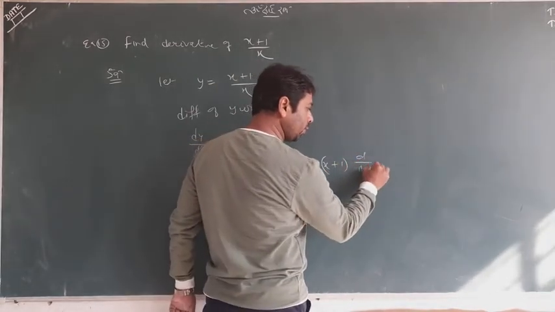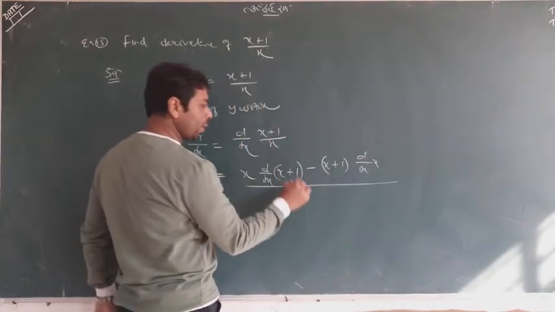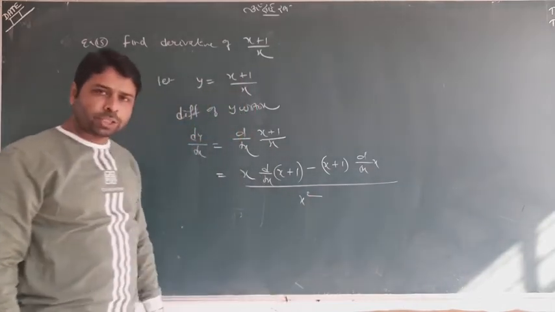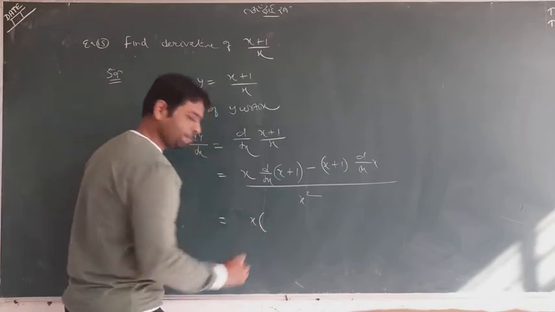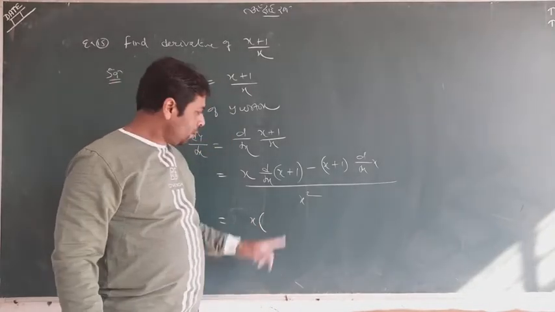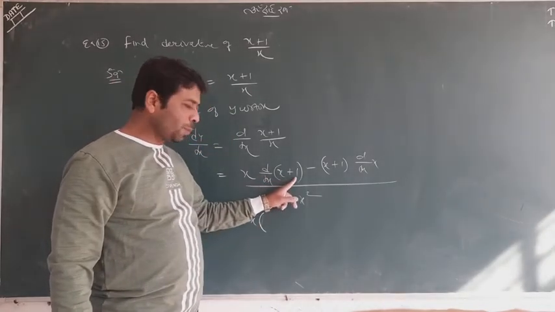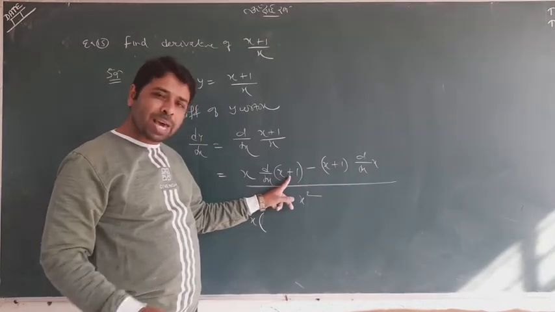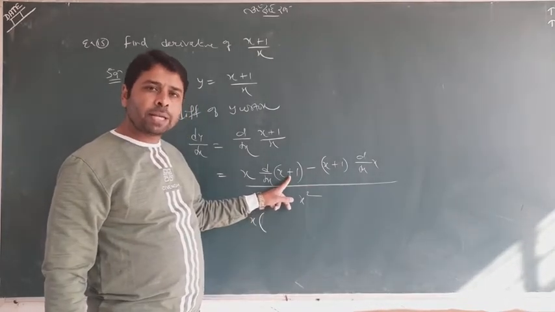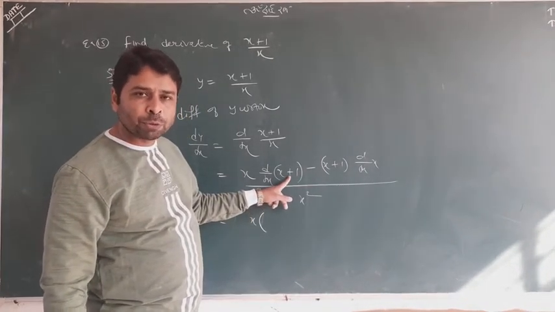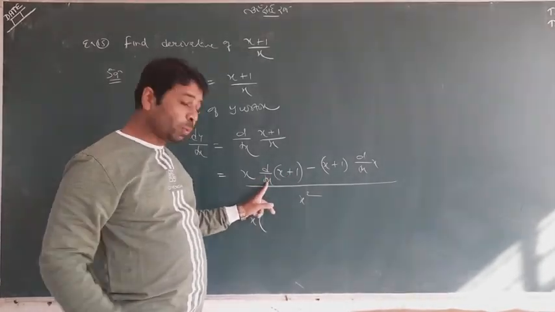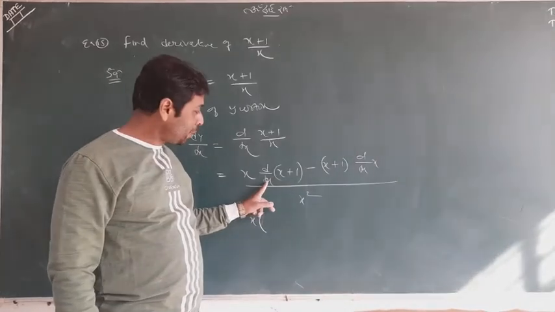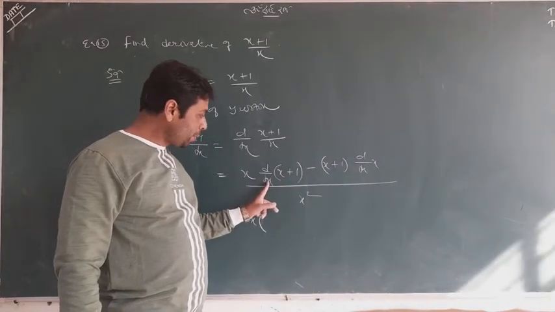And differentiation of denominator upon the square of the denominator. This is the way we'll use the division law. Okay. Now, what is the answer? Look, I tell you something. d by dx of x plus 1: we have a plus sign in the middle of x plus 1. You know that whenever a plus sign comes, d by dx will separate across both terms: d by dx of x plus d by dx of 1.